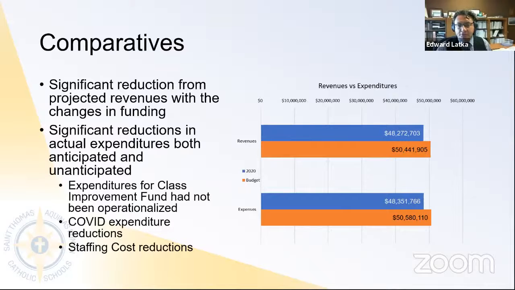but I won't negate the fact that the majority of that is due to us entering into a pandemic response, which ceased in-class instruction. And so those COVID expenditure reductions were positive financially, and it's not to diminish the impact that it had on staff, students, and families on a personal level, in terms of their education or mental health. But on a financial level, which is where I speak from, it gave us a positive.